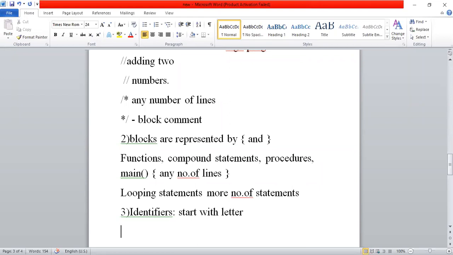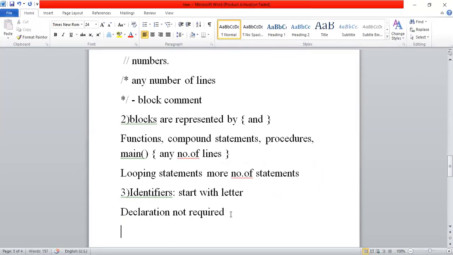Whenever you are using letters, characters or identifiers, whatever variable you are using, there is no need to declare it. Declaration is not required, because we didn't declare any variable in writing an algorithm. Declaration is not required in an algorithm. Based on context, we can identify the data type of a variable. Is it clear now? So declaration is not required in algorithms.